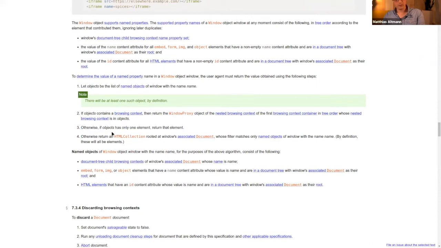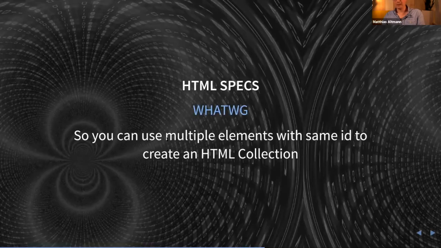Otherwise, return an HTML collection rooted at the window's associated document whose filter matches only named objects of window with the name. A little bit complicated, but it says that if you could inject multiple elements with the same ID, you can create an HTML collection on this page.